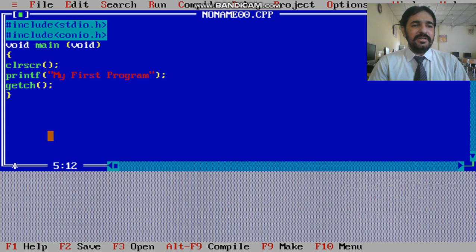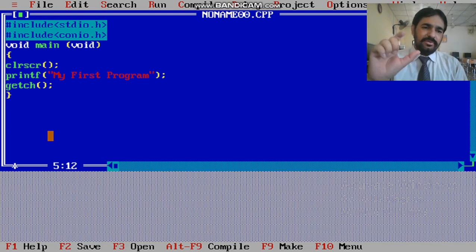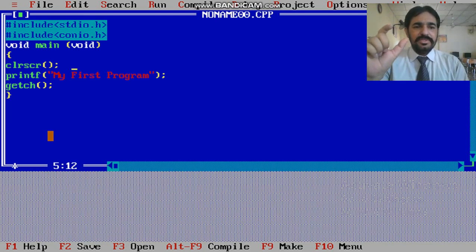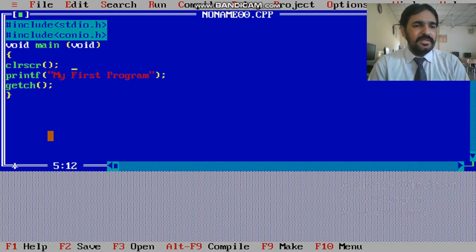Today we are going to write our first program. In our first program, as I have told you, there are some particular statements that you will be adding to every program. So make a habit of using them before any error occurs. First we have to include header files. Include stdio.h, standard input output header file. Then we add another file, include conio.h, or console input output, however you pronounce it.